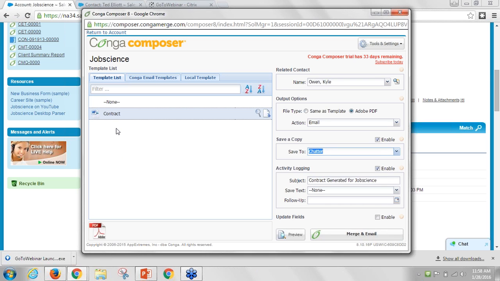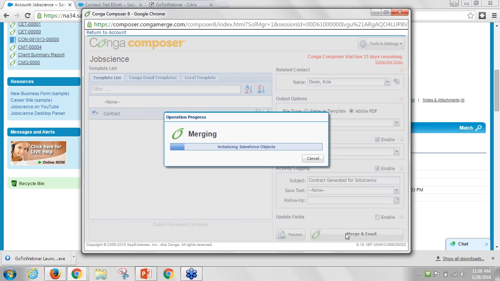So you might have different exhibits, different types of pricing based on whether it's a temporary placement or a perm placement, different types of things based on the type of document. You may want to show this, we need to include a particular security clearance document. But in this case, this one single contract, you could build 5 or 6 different components, have your users pick and choose those pieces, and Composer can put that together as one contract delivered as a PDF. So a lot of flexibility that way if you wanted to build more of a batch process.